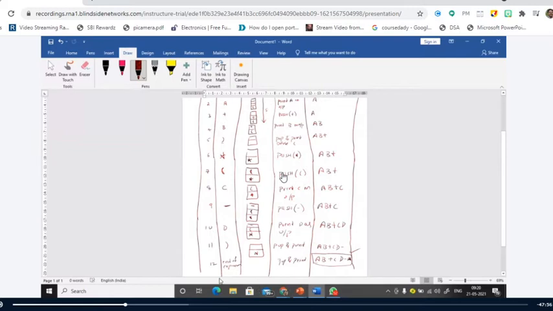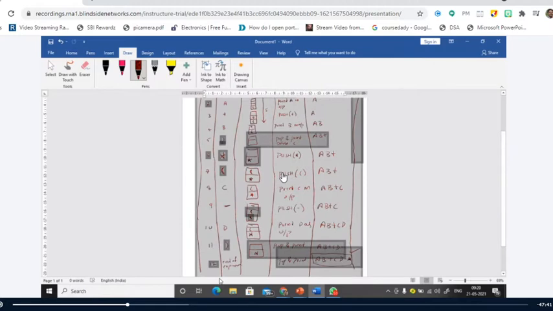Is it clear up to this point? Yes, sir. So this is how you have to convert the infix expression to the postfix expression using stack. Right. So we are done with the simple expression A plus B, and then we are done with another example of A plus B minus C, where the expression consists of two operators of equal precedence. So whenever we come across an operator of equal precedence, then what you have to do? You have to pop the stack and then print it, and again push the incoming operator onto the stack. Is it right?